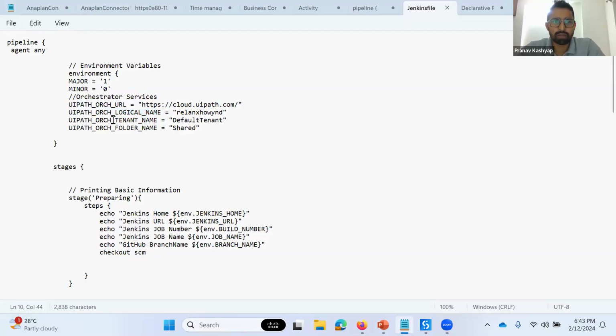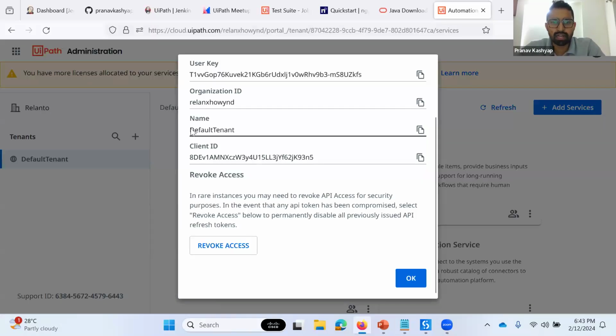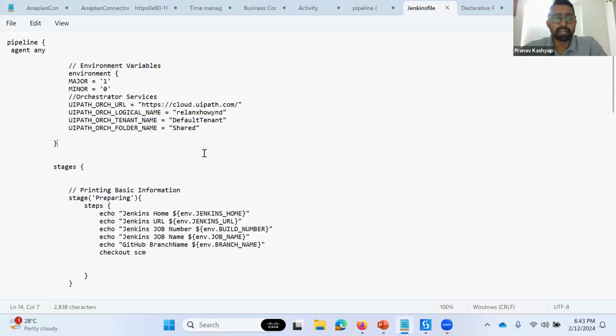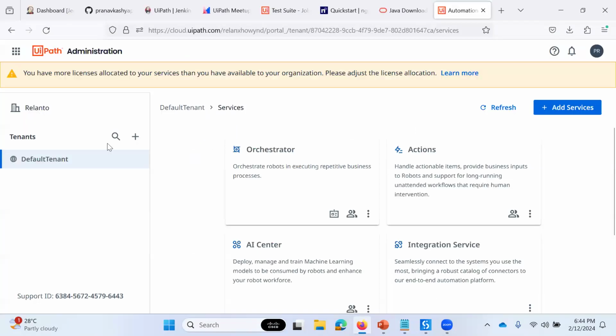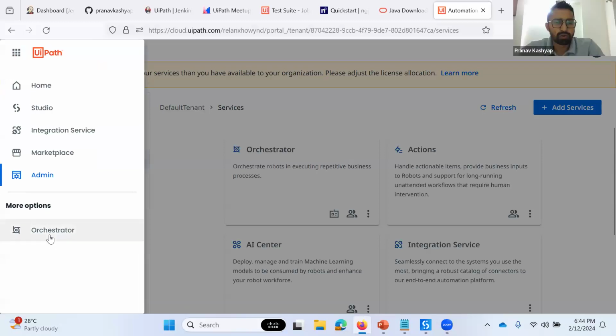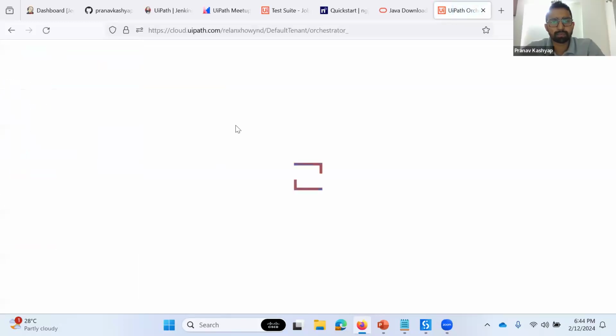Similarly, what is UiPath Orchestrator tenant name? So whatever will be your tenant name, just come here and copy it. Next, what is UiPath Orchestrator folder name? Folder in the sense in UiPath where you want to upload your packages. For example, if I go to my Orchestrator,